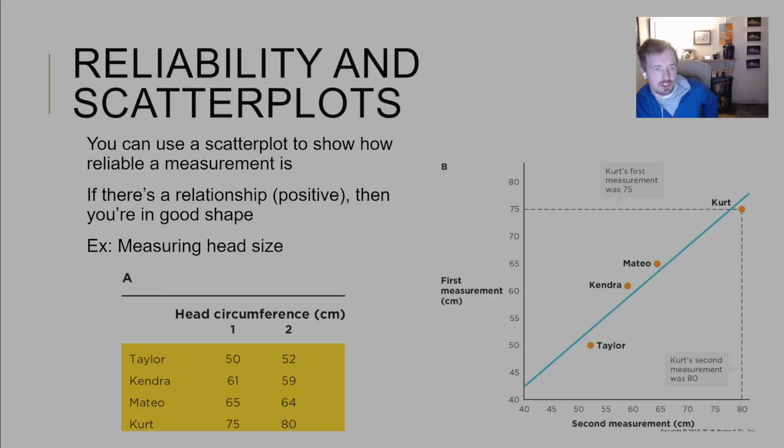One way to measure reliability can be using these kinds of scatter plots. These scatter plots,